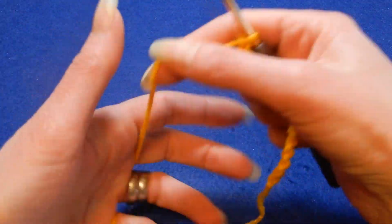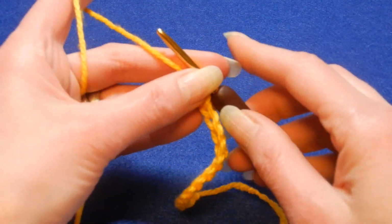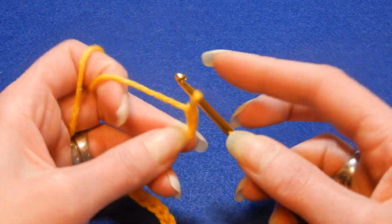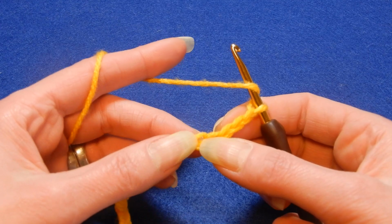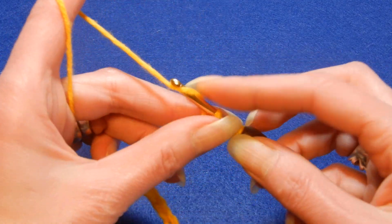Okay, for this stitch we're gonna chain multiples of 3 plus 4 more. So I have here 15 chains. I'm gonna chain 4 more chains, 2, 3 and 4. We're gonna skip the first 4 chains, and into the 5th chain we're gonna do a double crochet,